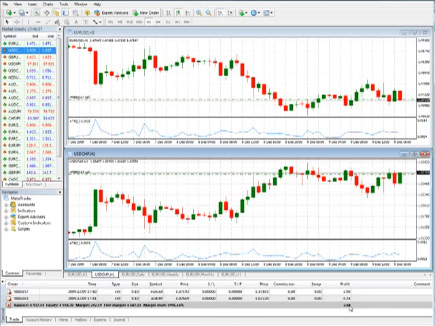Now here's another technique that you can use. You can actually leg into these. You could sell at the same point we sold before, the euro dollar US dollar, and then you could allow it to move into a profit. And when it moves into a profit, then you might want to sell the US dollar Swiss franc, and that will actually help to protect some profit,